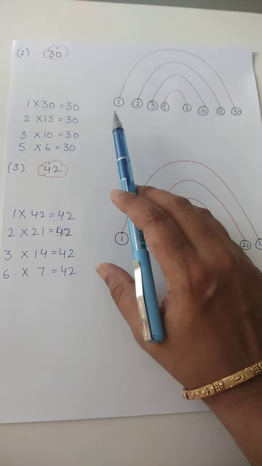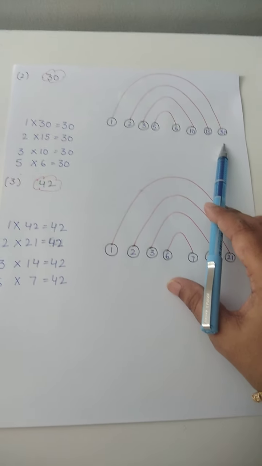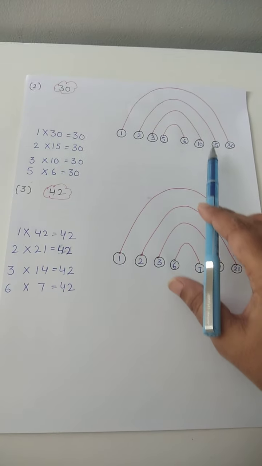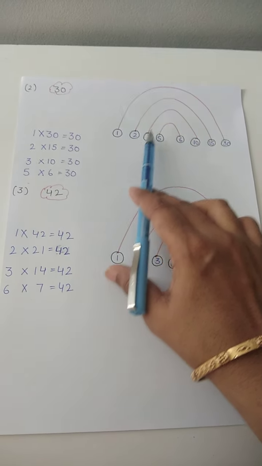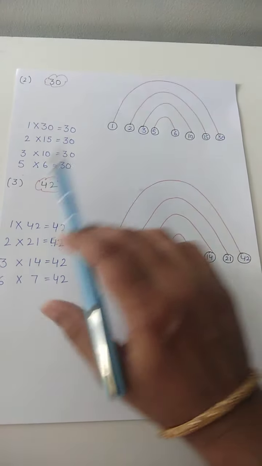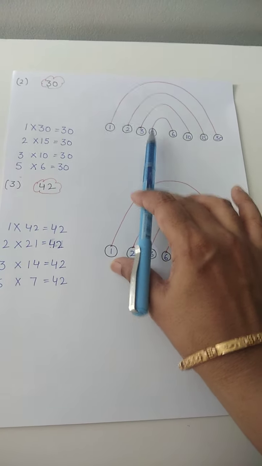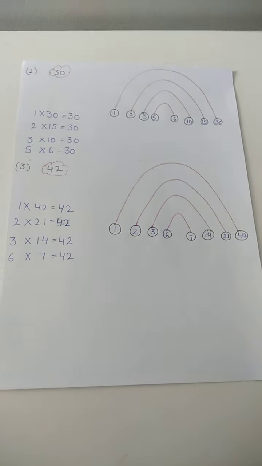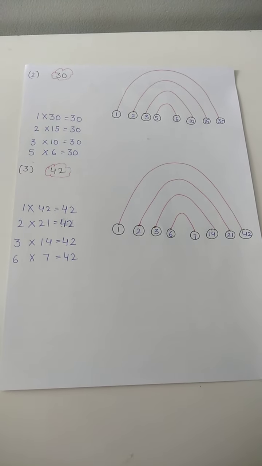So on the first curve, we write 1 here. 1 multiplied by 30, so at the end of this curve, 30. Now on the second, 2 into 15. So 2 here, and at the end of this curve, 15. 2 into 15, 30. Then 3 into 10, 30. So on the third, 3 here, and at the end of this curve, 10. Next is 5 sixes are 30. So 5 on this side, at the start of this curve, and the end of this curve is 6. Like this you have to do the next part also, the third one, right everyone? And in the same way you have to do it in the notebook also. Fine. And please practice the factors and complete your work.